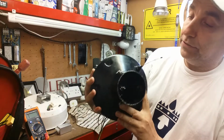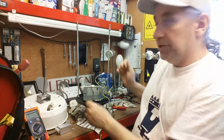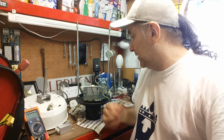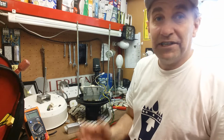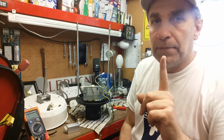Overall it's actually quite in good condition, so there's not going to be a lot of cosmetic work needing done, just basically a clean up. But the main thing is to get this thing rewired and get it up and going. Not worth the time trying to fault chase these things. New ballast, new igniter, new capacitor, and there you go. One thing about capacitors, be very careful with them, whatever capacitor, because they do